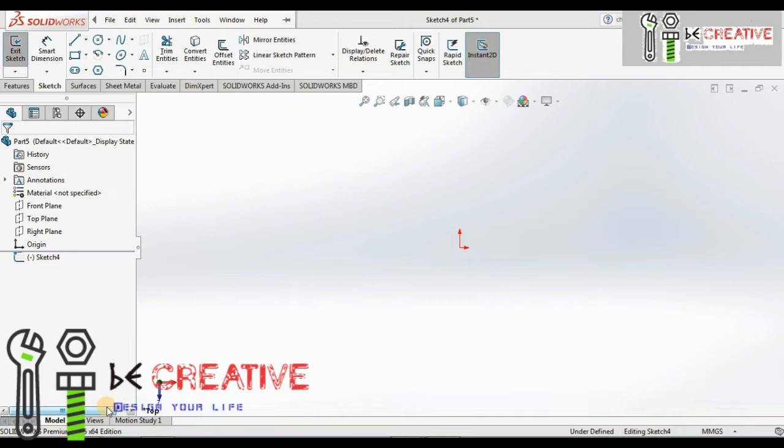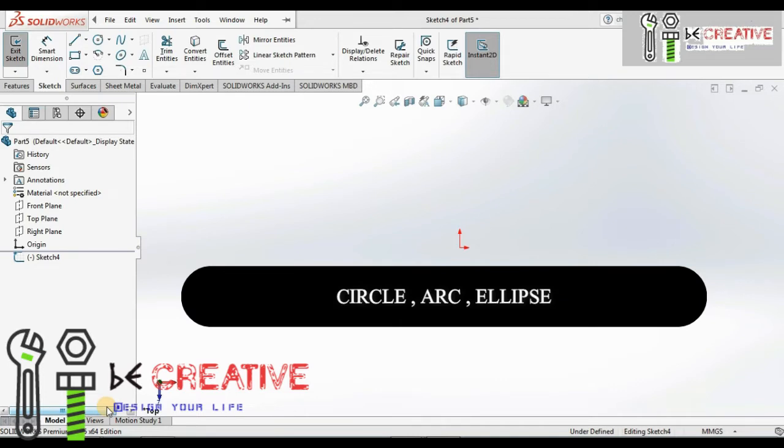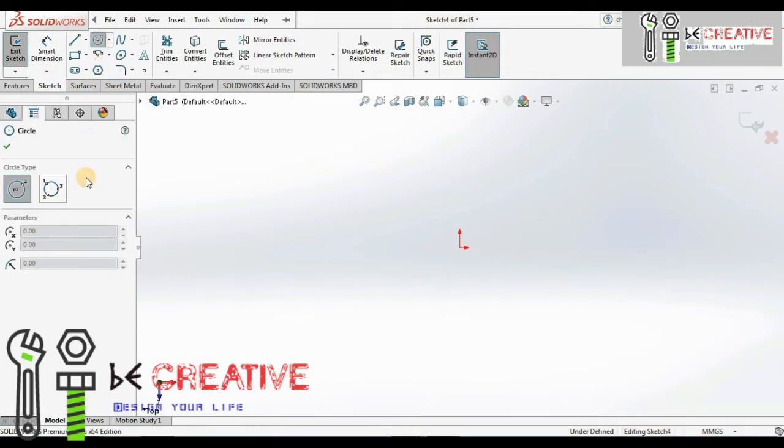In this video we are going to learn how we can create circular profiles like circle, arc and ellipse by using sketcher options. And here you can see I am creating the circle